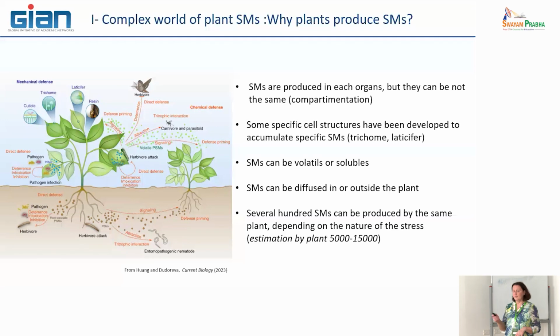This is why some plants differentiate some types of cells such as trichomes, small structures that you can find at the surface of the leaf, for example, in which they accumulate a large amount of very important specific metabolites. And also inside the tissue, you can have some specific cells named laticifers, in which you can have accumulation, for example, of alkaloids. Alkaloids are very efficient for the defense system, but they are very cytotoxic. This is why we use them as anti-cancer molecules, for example.